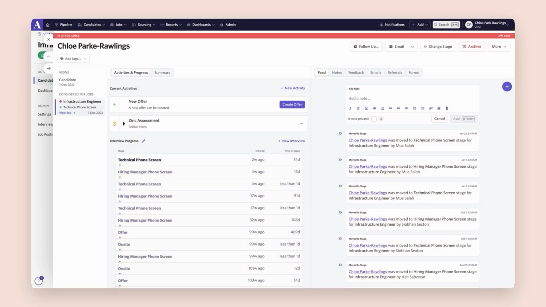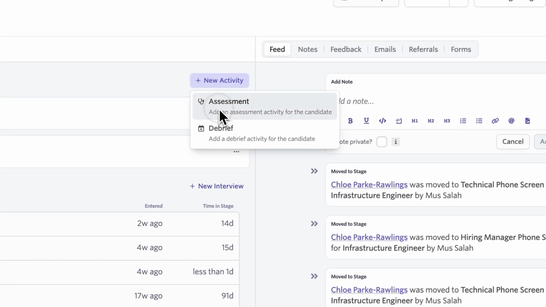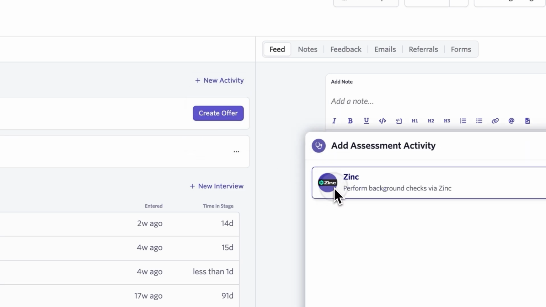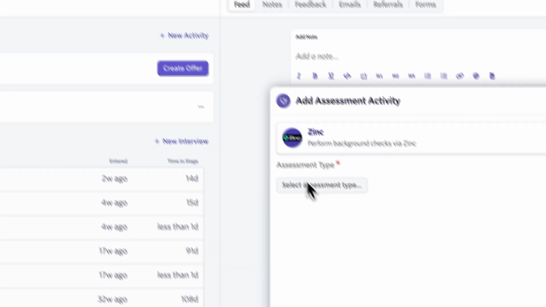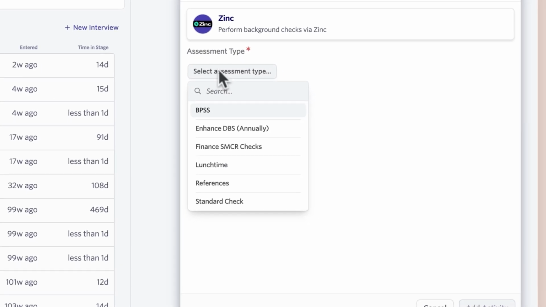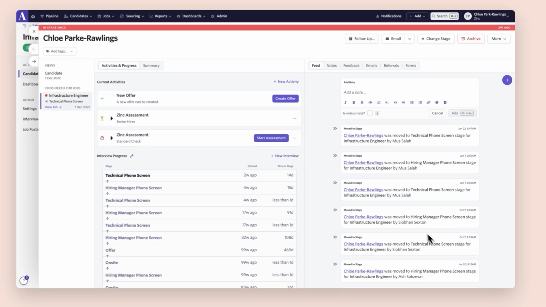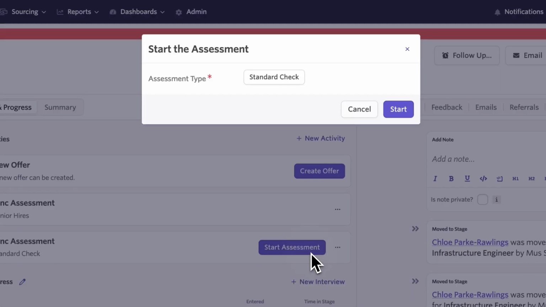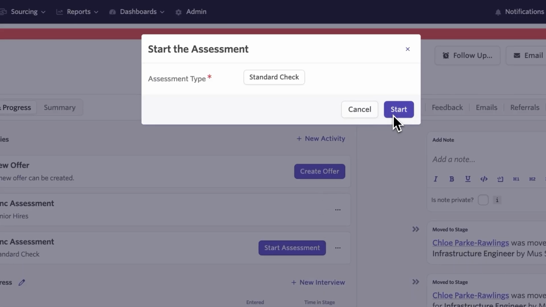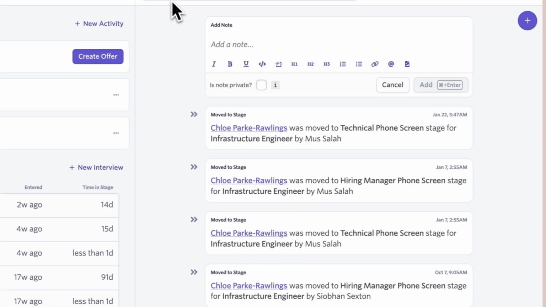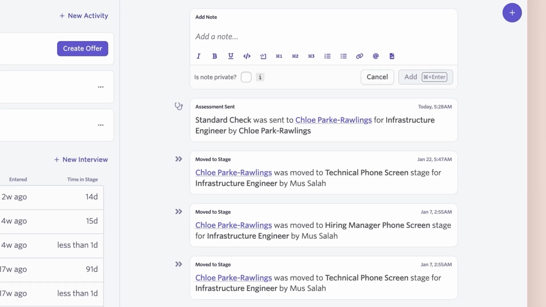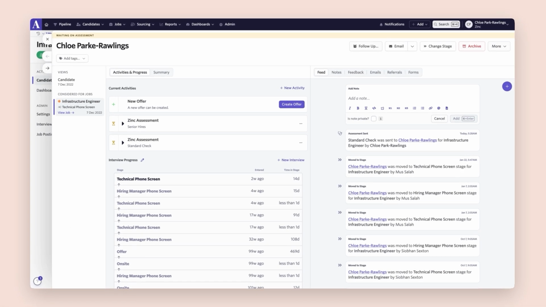Launching your checks from Ashby is super easy. Within the candidate record under New Activity, if you select Assessment and then choose Zinc, you have the list of packages that you have created within the Zinc platform to choose from. And once you add that activity to the candidate and click Start Assessment,